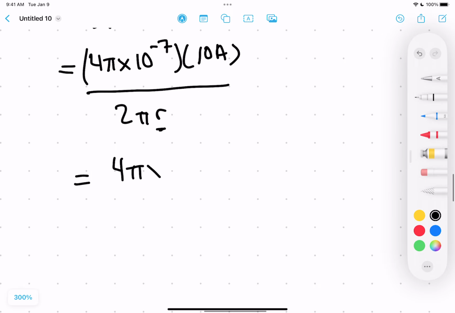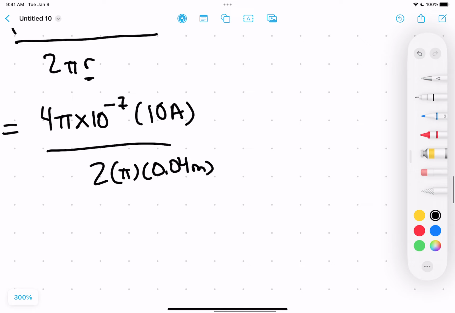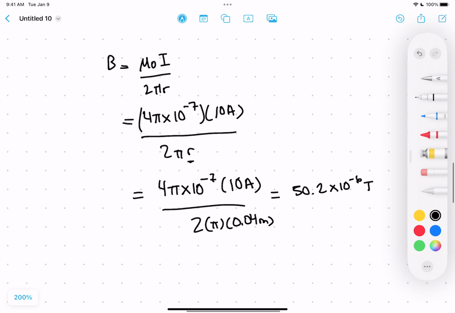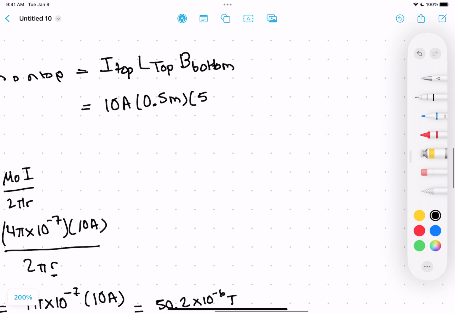So if we do that, 4 pi times 10 to the negative 7, and then times your 10 amps, and then divided by 2 pi times 0.04 meters, right? Then we should get, what is it, 50.2 roughly, times 10 to the negative 6 Teslas, right? So that's our magnetic field. And then we can just simply plug that in. What was it, 50.2? Yep, 50.2 times 10 to the negative 6 Teslas for our magnetic field in that equation,